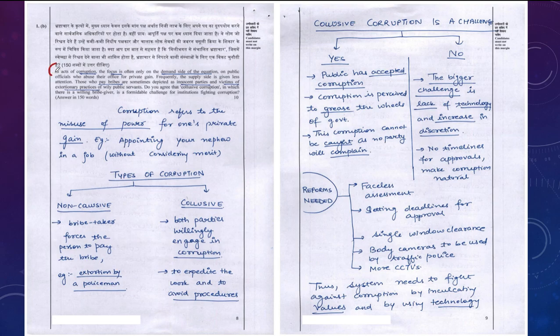In acts of corruption, the focus is often only on the demand side of the equation, on public officials who abuse their power for private gain. Frequently, the supply side is given less attention. Those who pay bribes are sometimes depicted as innocent parties and victims of extortion practices of filthy public servants. Do you agree that collusive corruption, in which there is a willing bribe giver, is a formidable challenge for institutions